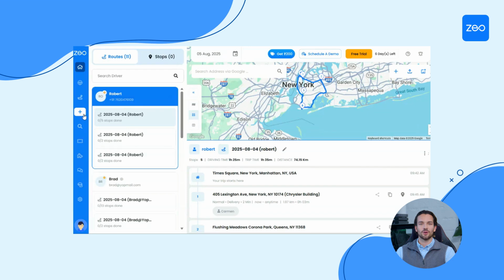Welcome to this tutorial on creating favorites and using them in your routes in Zeo Route Planner. Start by going to Settings